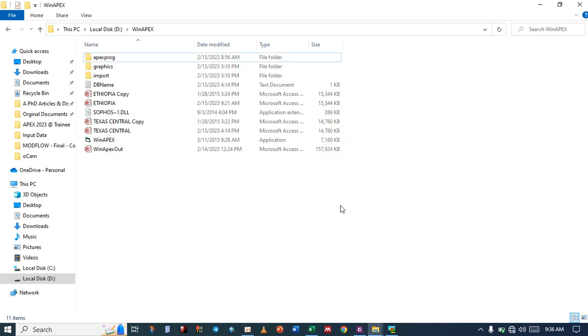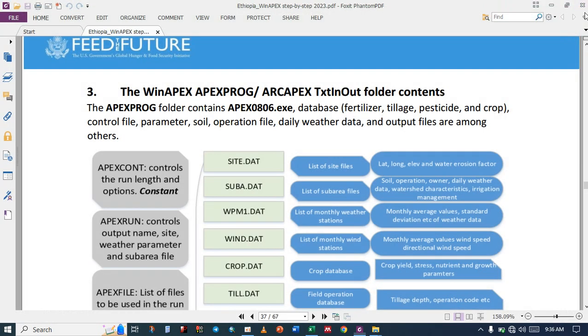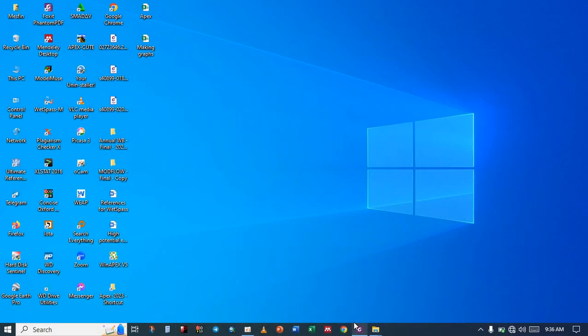You have created a user soil file, right? And you have also prepared the daily data, ET003, right? And the monthly weather generator was also incorporated in the database. So how can we combine all this and then make a run of our own model? I will just go through that step and you try it